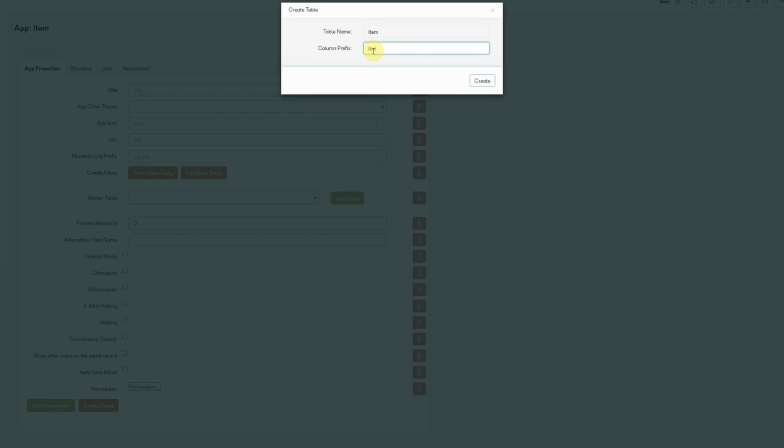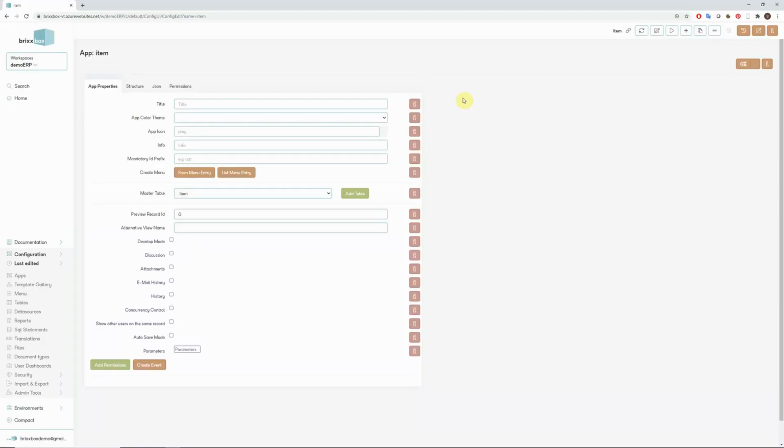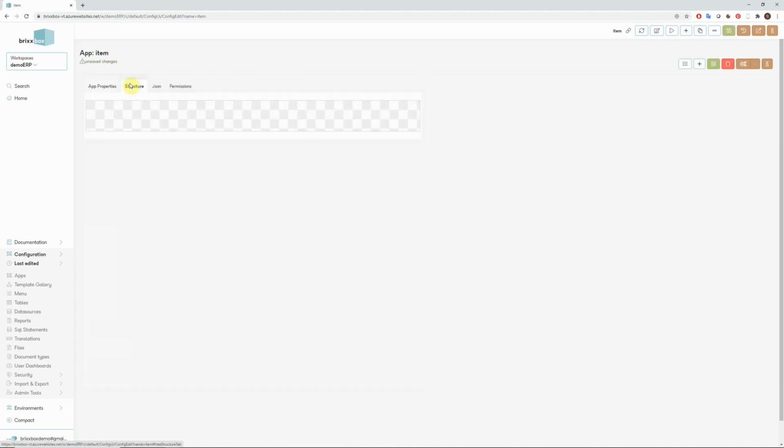A column prefix is very important. It makes the column unique within the database, so it's easier to handle in SQL statements or if you access the data later on with an external BI tool. So let's create it. And the table was created in the underlying database. We enter the same prefix in the mandatory ID prefix field, so we have the same naming convention even for non-table column fields. Let's leave app properties for now and go to the structure tab, and let's add our first